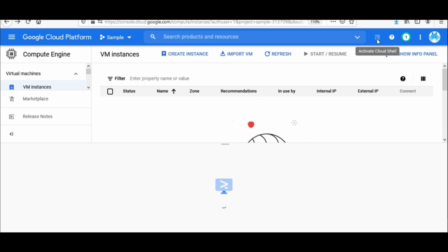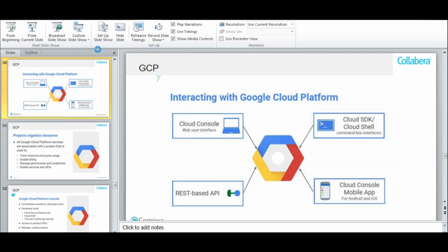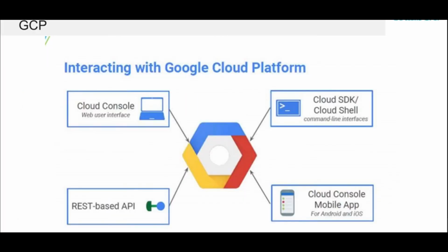There is another way also to connect to your cloud, and that is called an SDK. The Cloud SDK, you have to download it on your system, and then you have to enable it with respect to some authorizations and the keys also. The Cloud SDK is primarily used by the developers in terms of running their development environment.